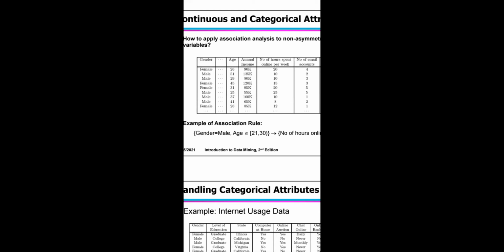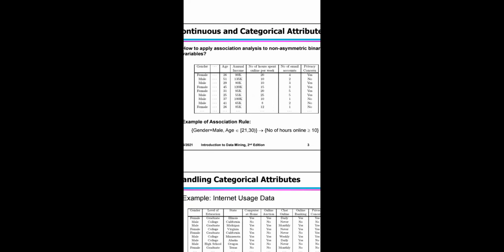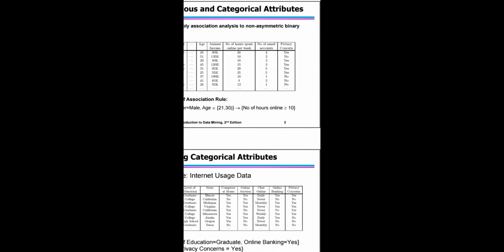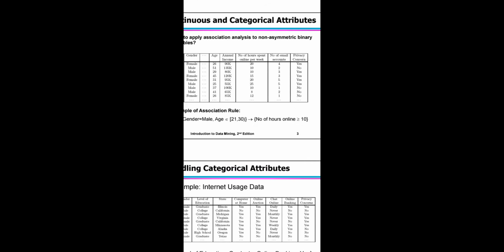Whenever people purchase particular products online, they use online transactions, and whenever you use online transactions, you automatically need privacy concerns. So if shop online is yes, automatically the privacy concern is also yes. This rule represents the concern for personal privacy. This table represents internet survey data with categorical attributes.